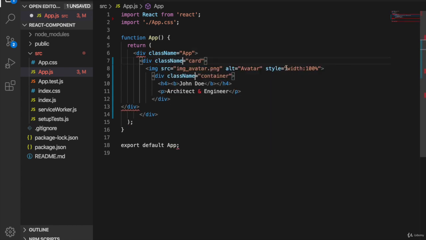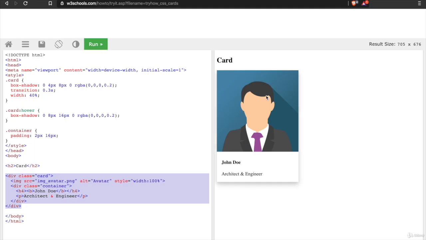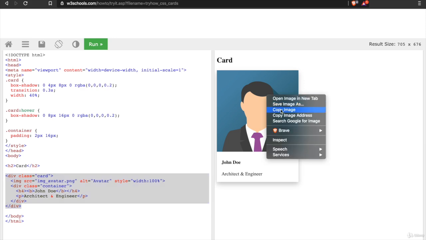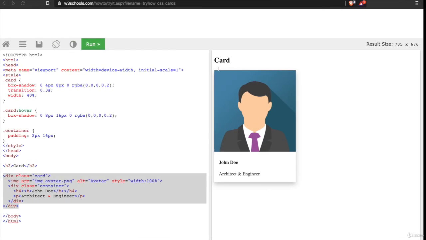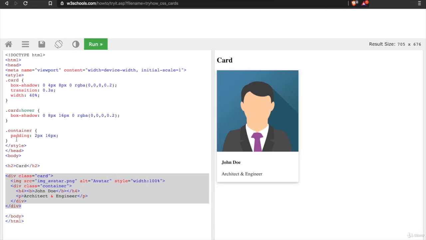And also we do not have CSS, instead we have to use the style object. So this is a string, and there should be a closing tag. And also we can copy this image. Now we are going to copy the CSS from here